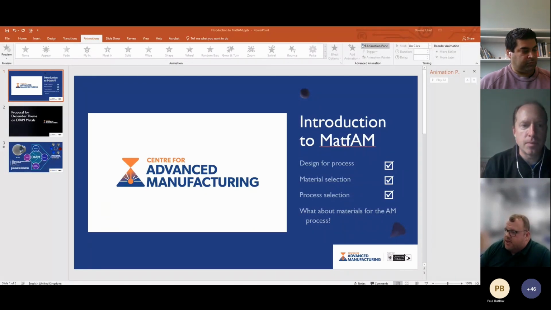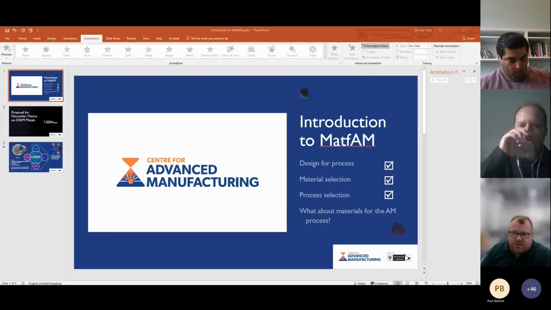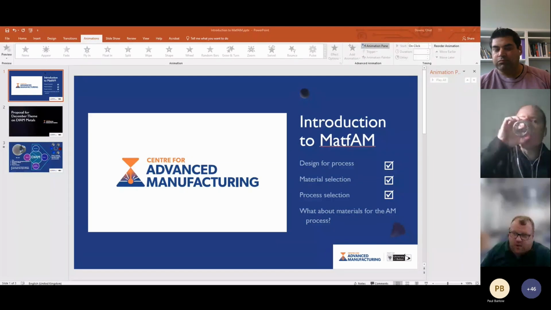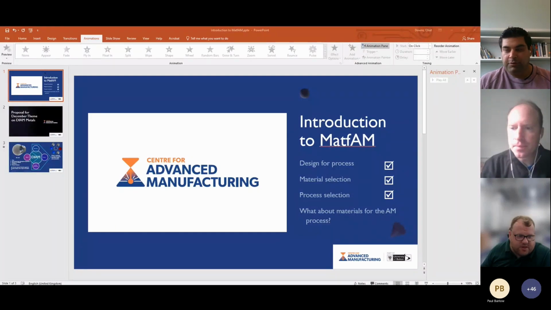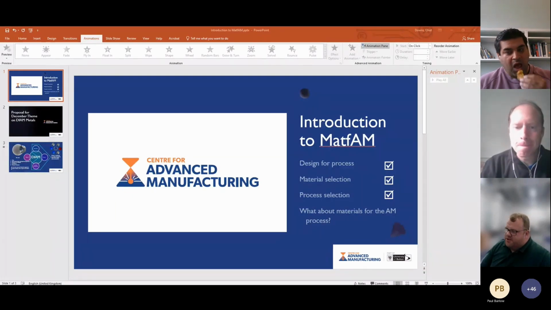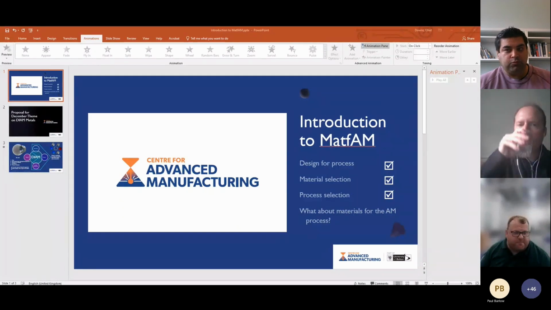So I'm Rob Higham. I've recently been appointed to head up a new centre here at the University of Bolton. So we are a small, relatively agile university trying to break ground in new worlds and trying to support the development of young people, and there's hopefully a lot of the theme that we've already heard today about education is key. And what I want to do today is kind of introduce another term, and maybe we need to start thinking about something called MatfAM.